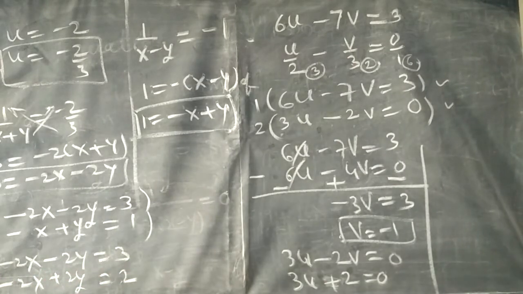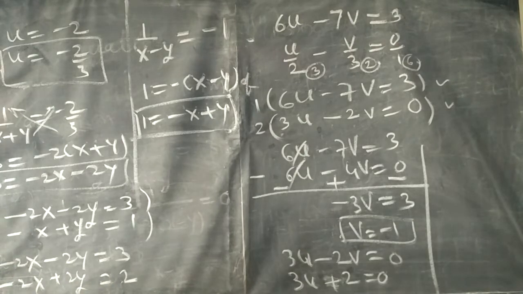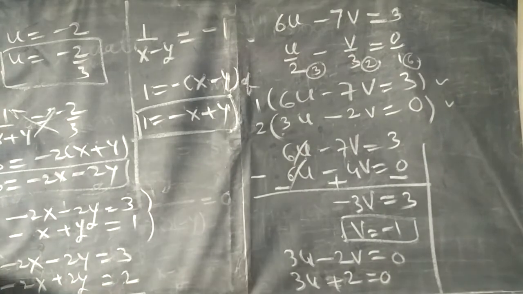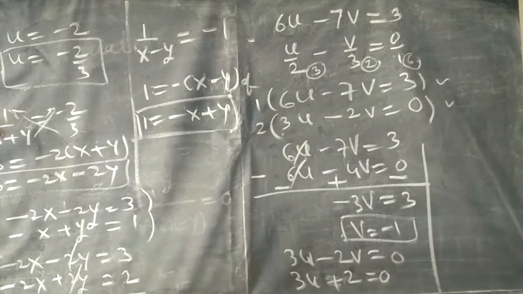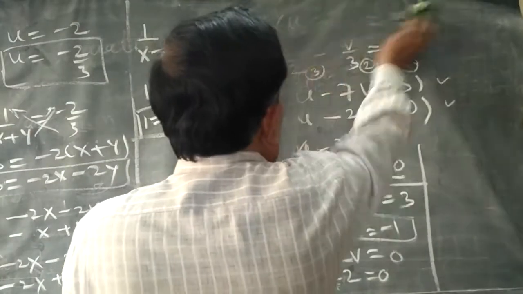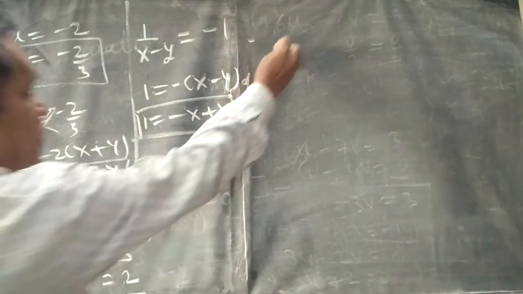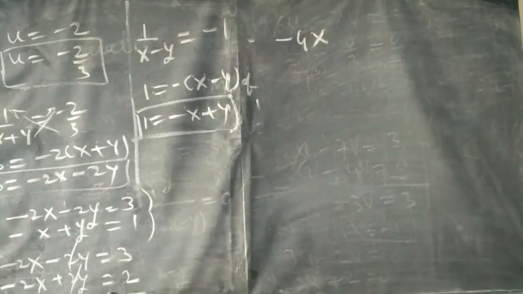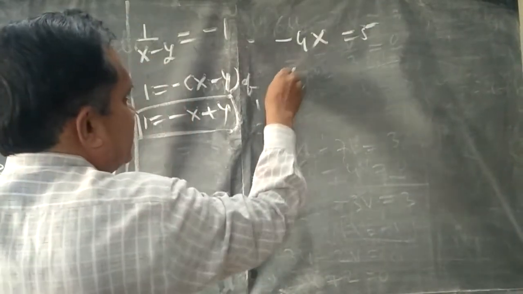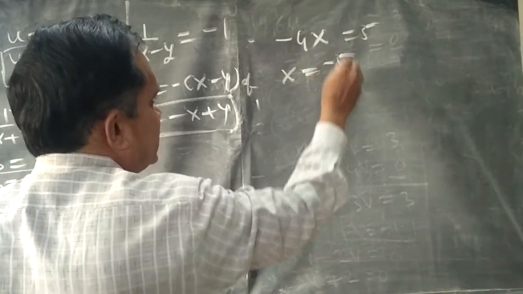Now I will see, add or subtract. Here both are possible. See, here it is minus 2 plus 2. If I add, we will get cancelled. Yes or no? Here both are negative. If I subtract, this 2x will get cancelled. It is up to us. I am adding that. See, so this cancels. Minus 2 minus 4. Got it? Students, all of you. Minus 2 minus 4, x equal to 5. So x equal to 5 upon minus 4, means minus 5 upon 4.